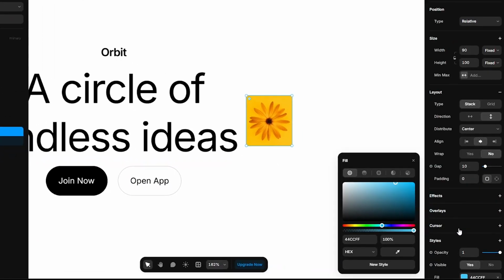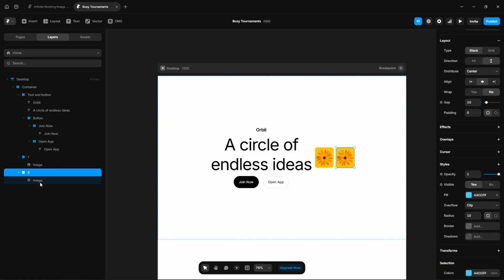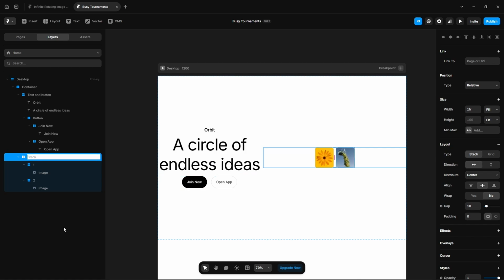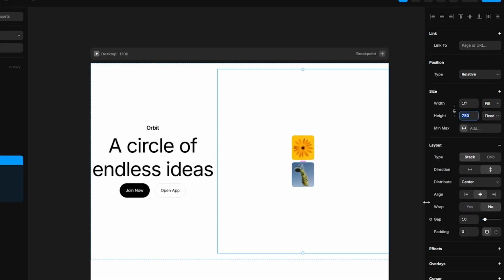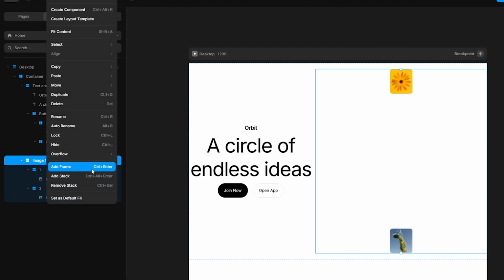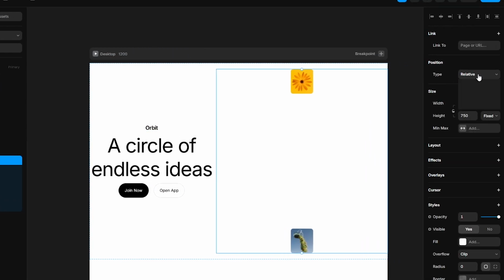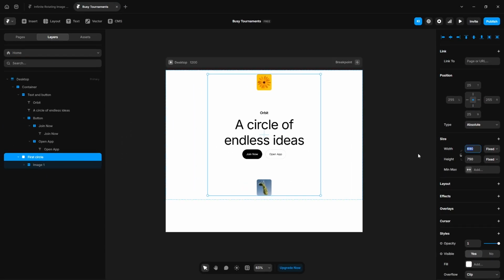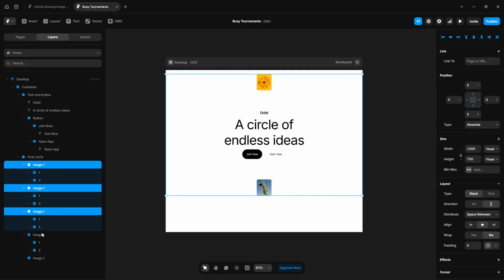name it 1, add some radius, maybe 10, then duplicate this, name it 2, update the image, select these two, wrap them in a stack, name it image 1, direction vertical, height 750 pixel, distribute space between, add frame by pressing Ctrl+Enter, name it first circle, change the position type to absolute, unpin it, align it center, set the width 1200, also here 1200, duplicate this 4 more times, select all of them